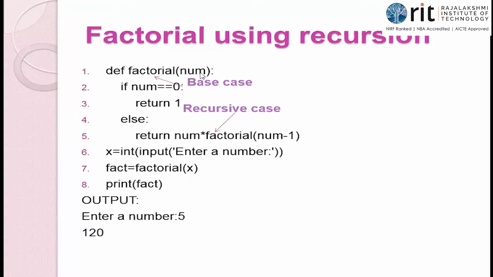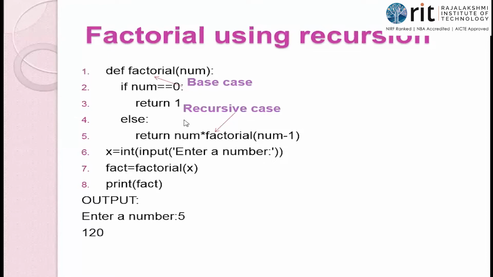Now, when you look at this, the actual definition is the base case. In the definition, a function call is called the recursive case. Why? Because based on that function call only, the function gets repeated. In the 7th line, factorial of x, the function call is outside. Otherwise the function will not get executed at all. So make sure that you give a function call outside the function when you write the function definition. If you keep yet another call inside the function definition, that is called recursion.